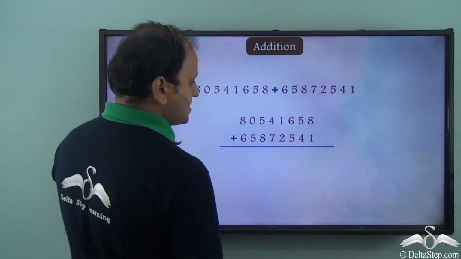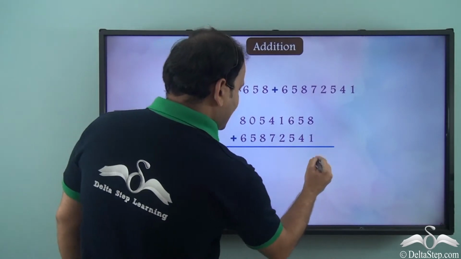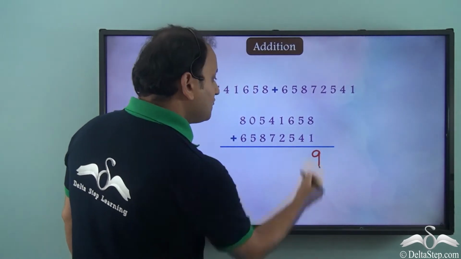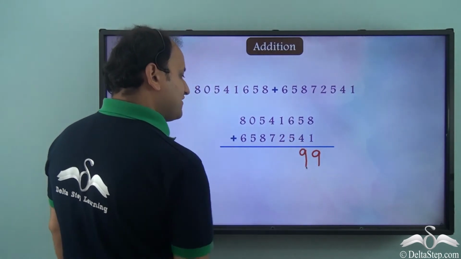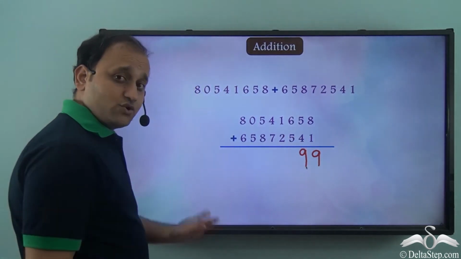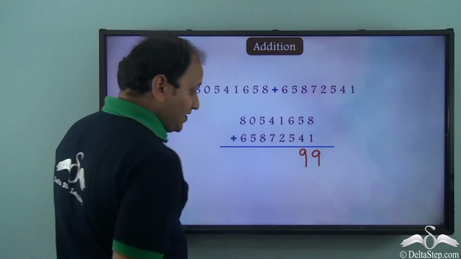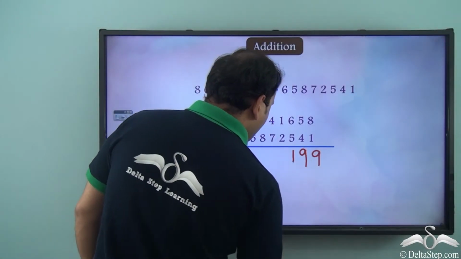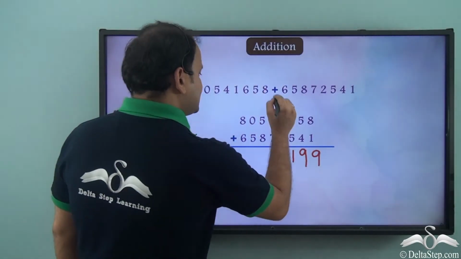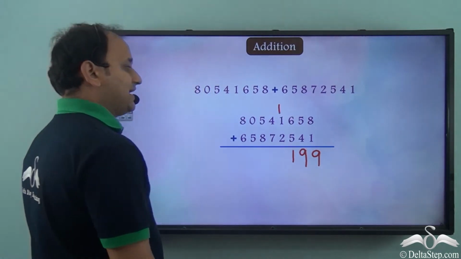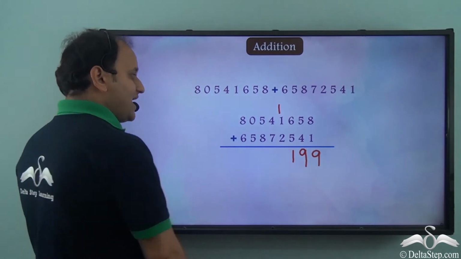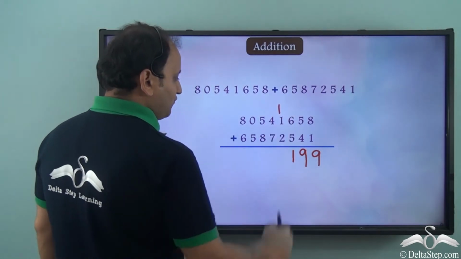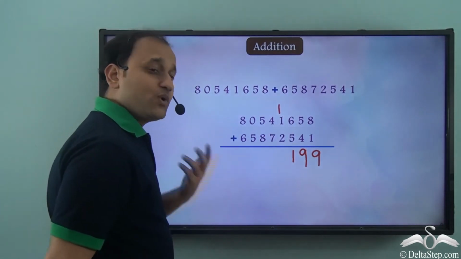So this is how this has been placed. Now we'll start the addition. So 8 plus 1 is 9. 5 plus 4 is also 9. 6 plus 5 is 11. So we have a 2-digit number. So 1 of the units place will come here, and 1 of the tens place will be carried over. Now we have 2 plus 1, that is 3, and this carried over 1 will be added with it. So 3 plus 1, 4.